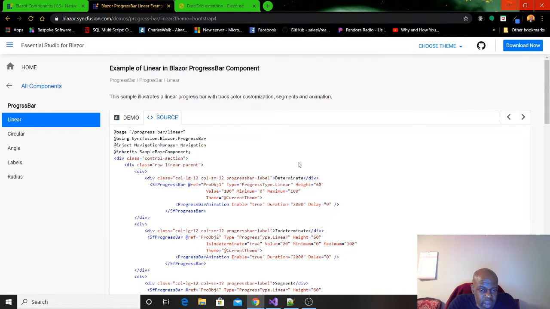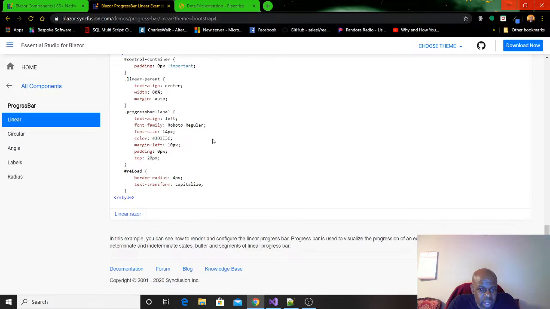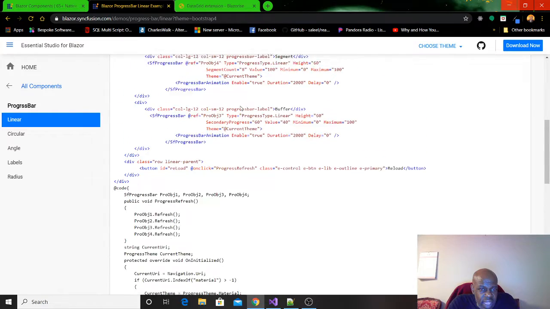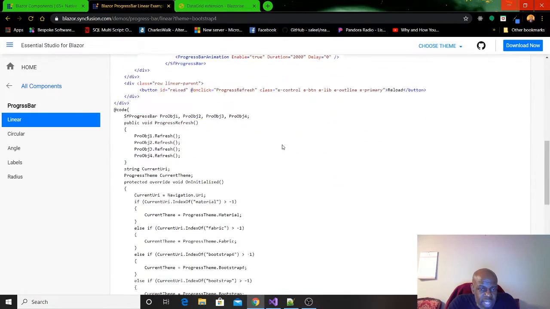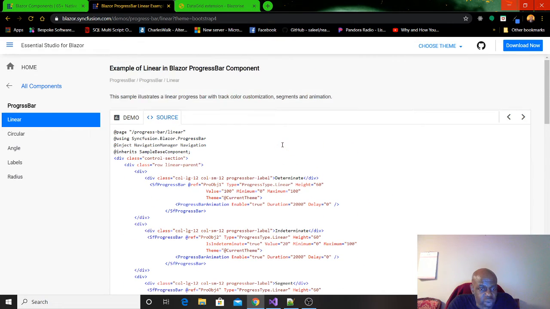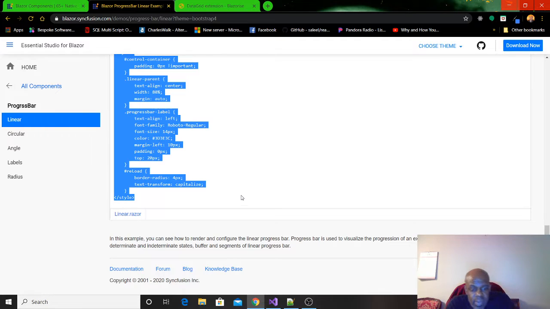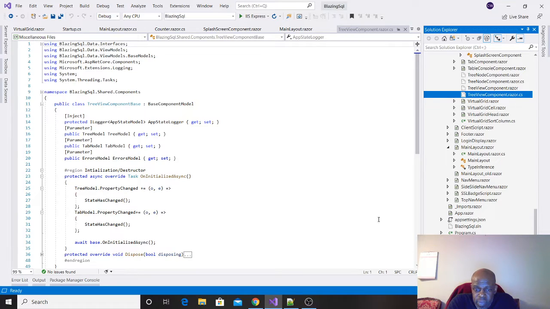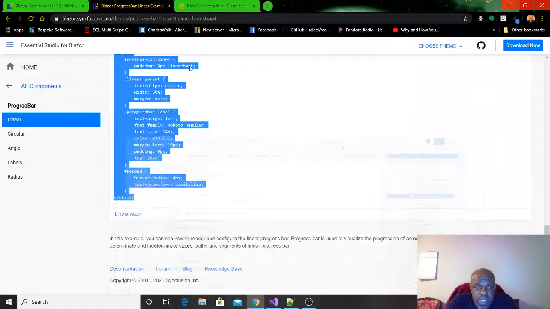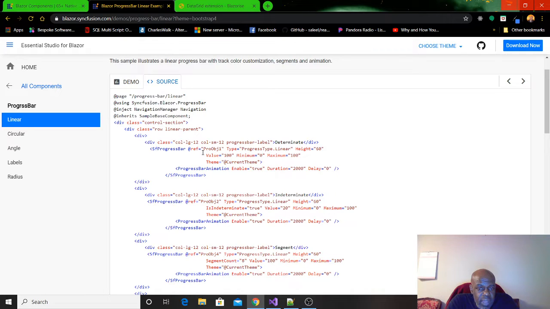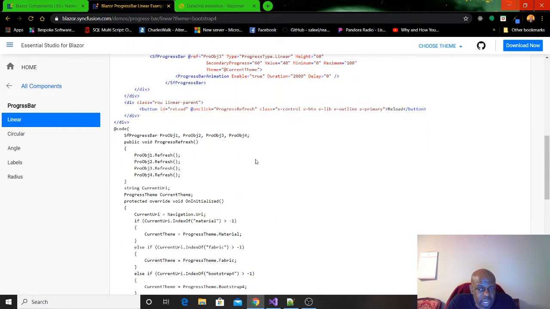The source code shows you how easy it is to implement it. So the code behind, these are the styles, and this is the beauty of having a component. You would just basically create this component right here. This would be its own individual component. You could just copy this and paste it into a component in Visual Studio, which you have to install something first, which I've only downloaded, haven't installed it, so that's a waste to even try to show you that. You can just copy and paste this into a component, and then you can use this anywhere that you need to within your application.